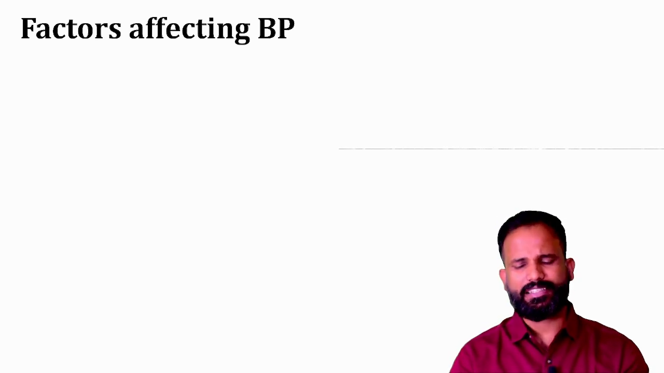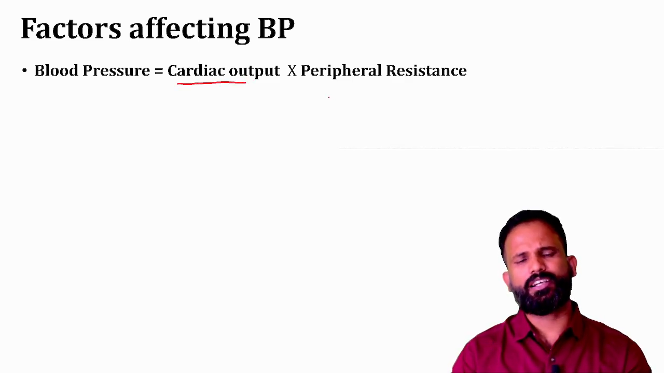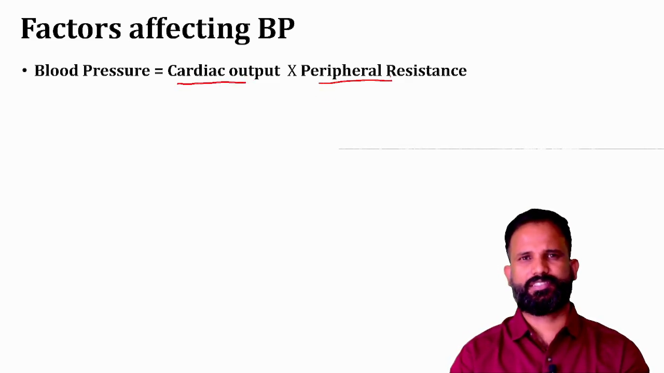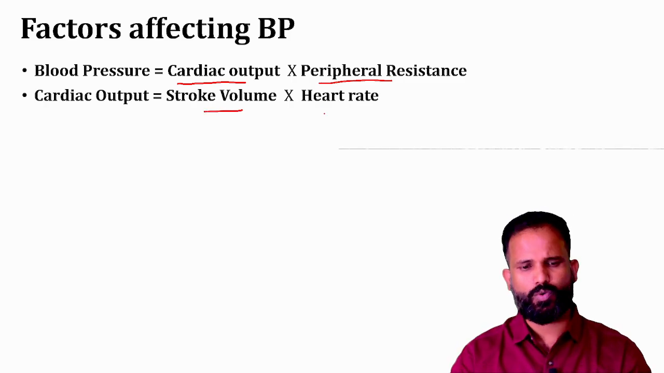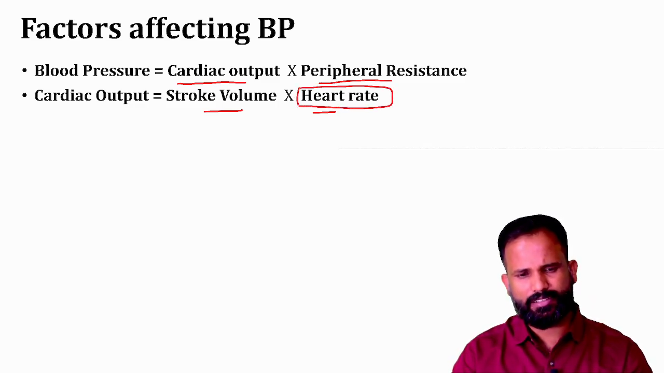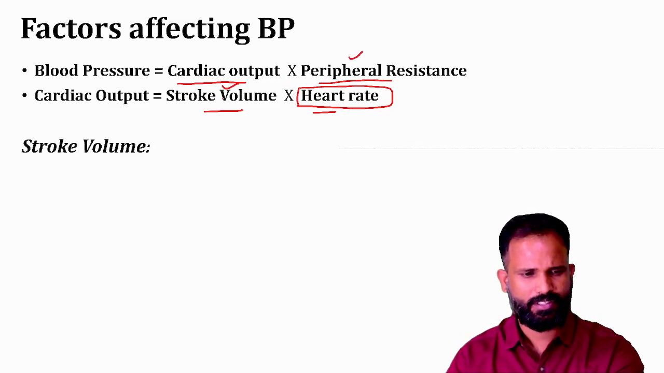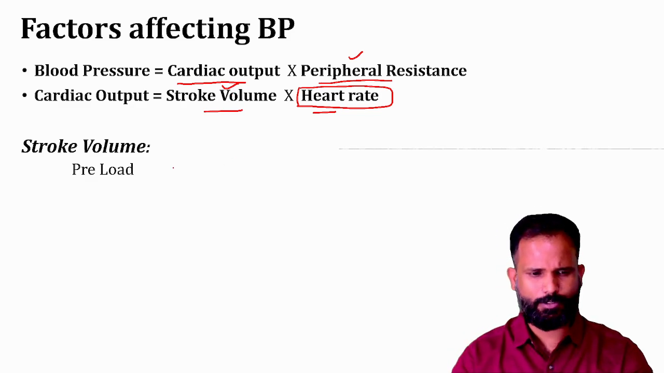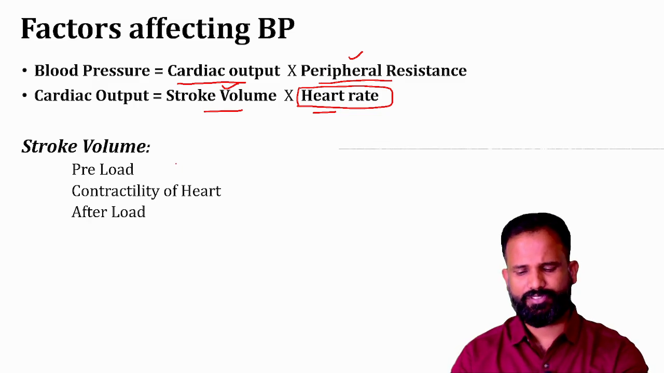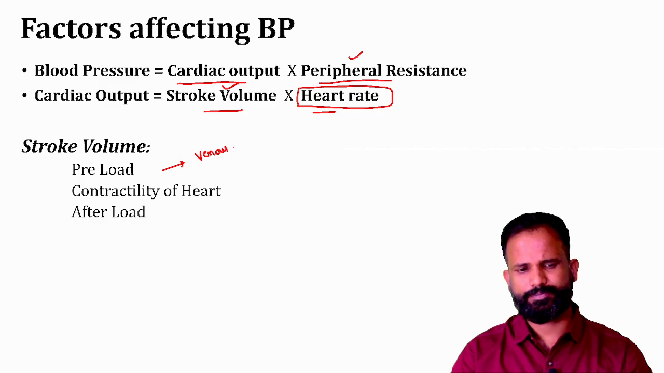And coming to the factors affecting BP. Blood pressure can be explained as cardiac output times peripheral resistance. We already know what cardiac output is: stroke volume times heart rate. Just ignoring heart rate, if we take stroke volume and peripheral resistance, what are the factors that affect stroke volume? One is preload, then contractility of the heart, and afterload. Preload is nothing but venous return